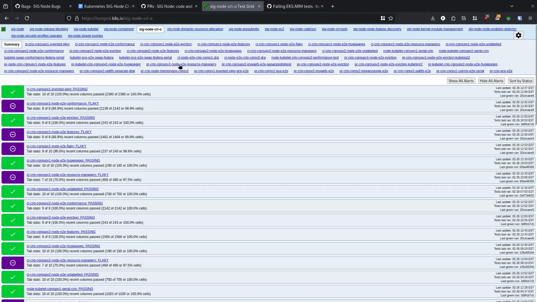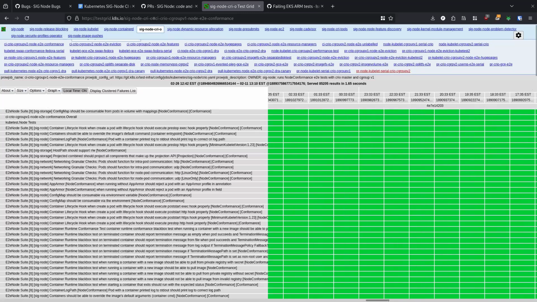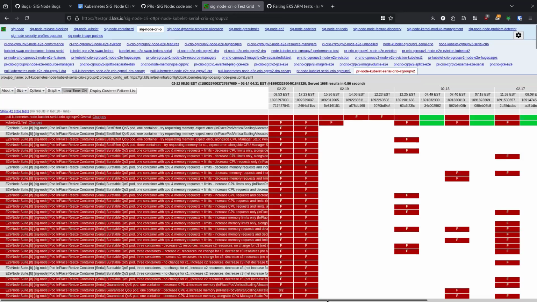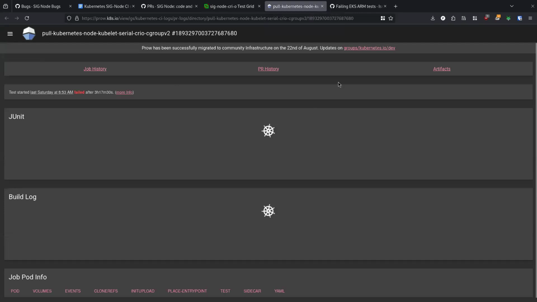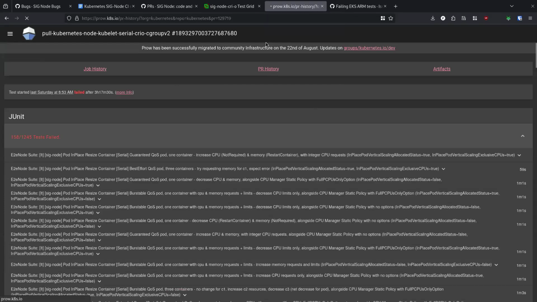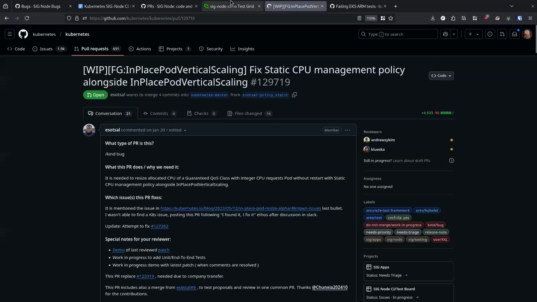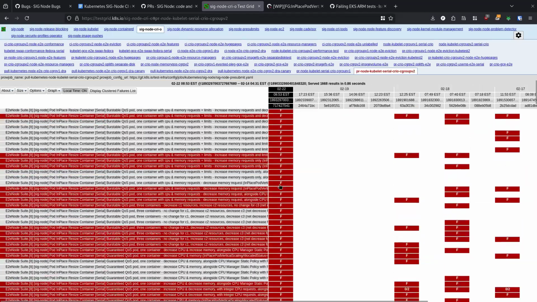Cryo tests look okay. This is a new suite, right? This is probably triggered off of, so I think these are new tests that are being triggered.